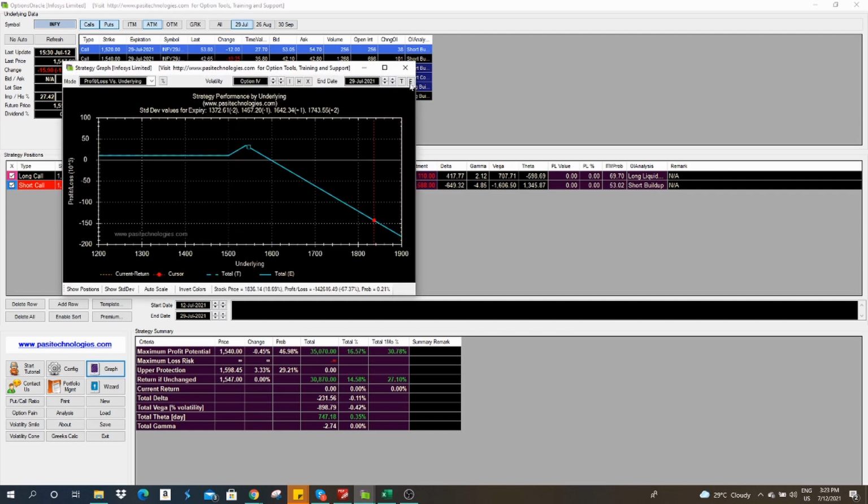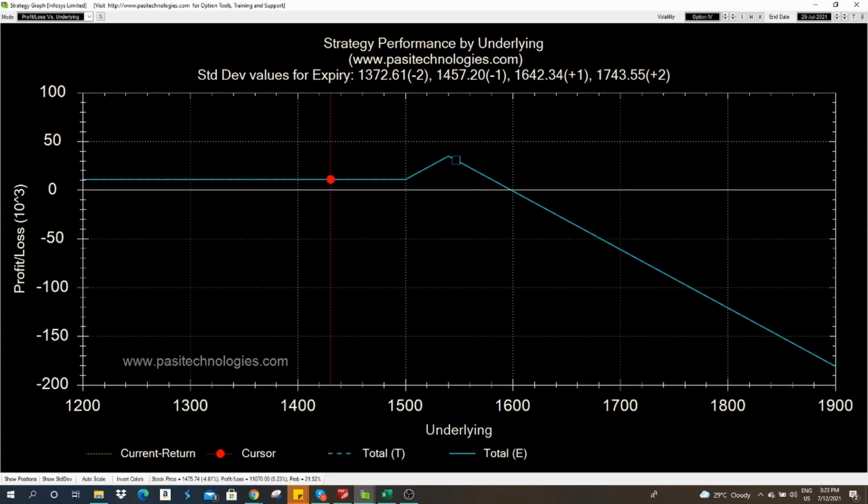Hence, if you see the graph, this is the payoff chart. If the market drops anywhere, even to 0, I would make 11,000 rupees. If the market stays where it is, I'll make the highest profit. Of course, this profit is on the expiry, not on the earnings day. That also I'll come to. I know how much profit we can expect from this strategy. Our loss starts from 1600. As you know, 1600 has the highest open interest of call option, and we believe that the market will not go below this.